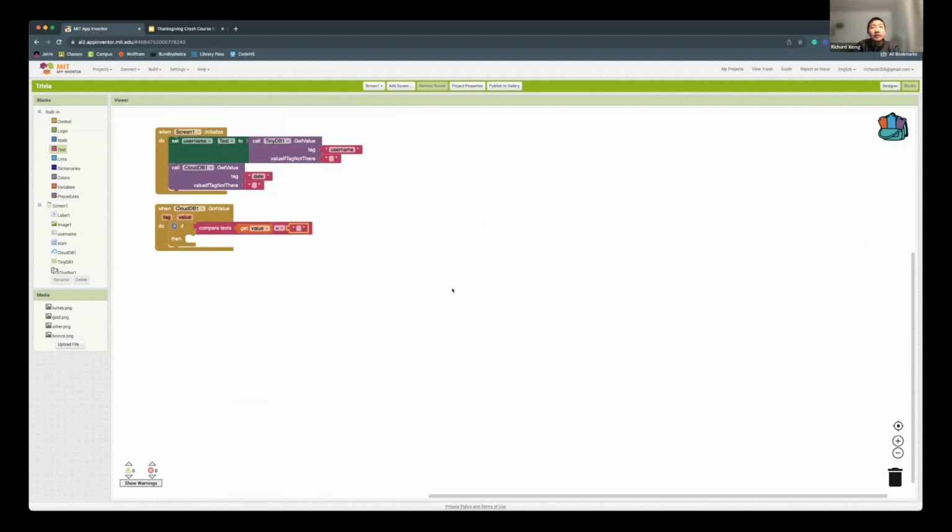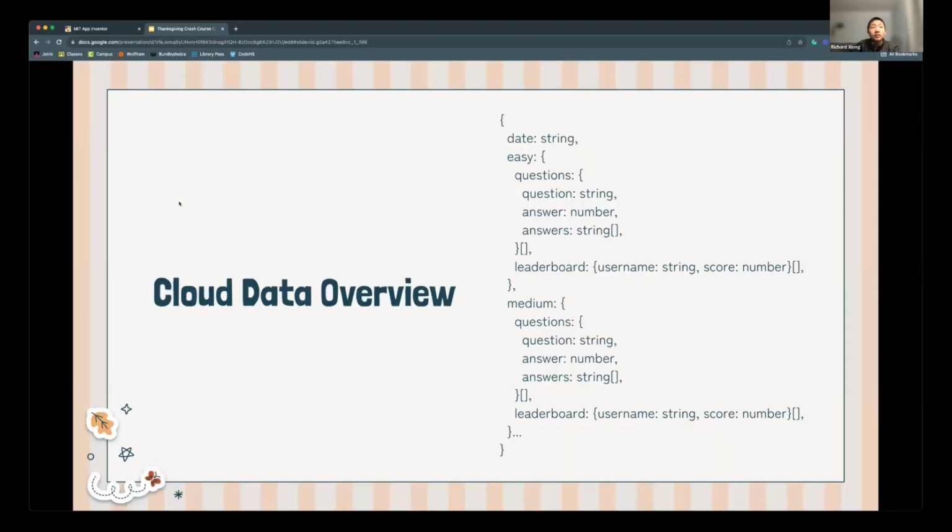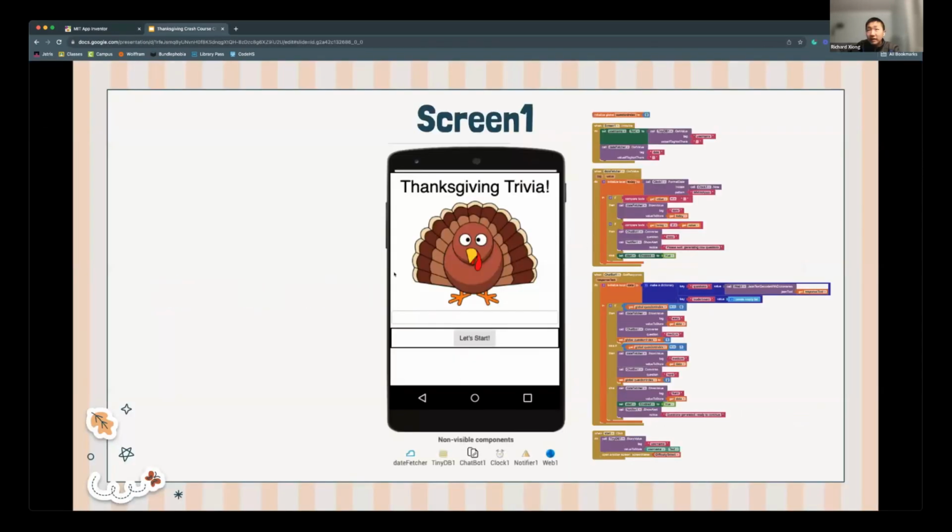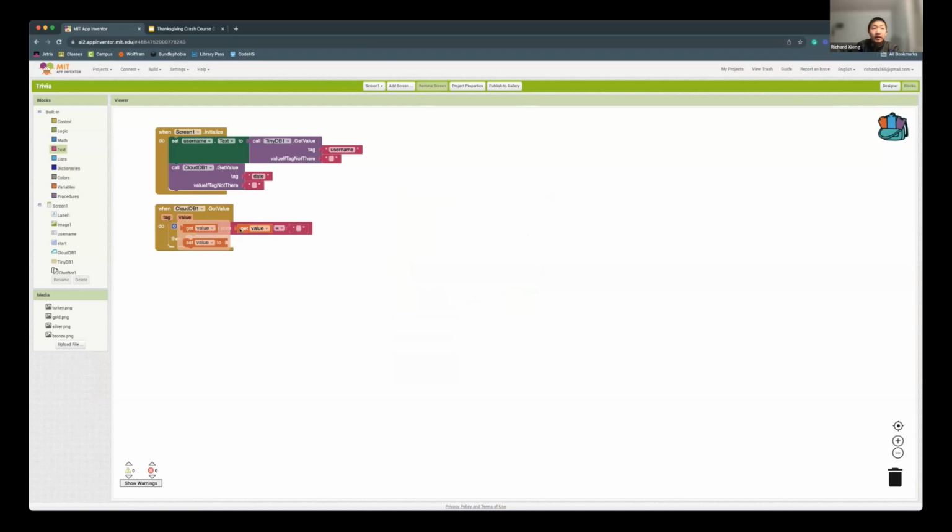So then we need to set up everything again. Actually, because of the format, I think we can just get away with checking today's date. So if today is not the current date listed,